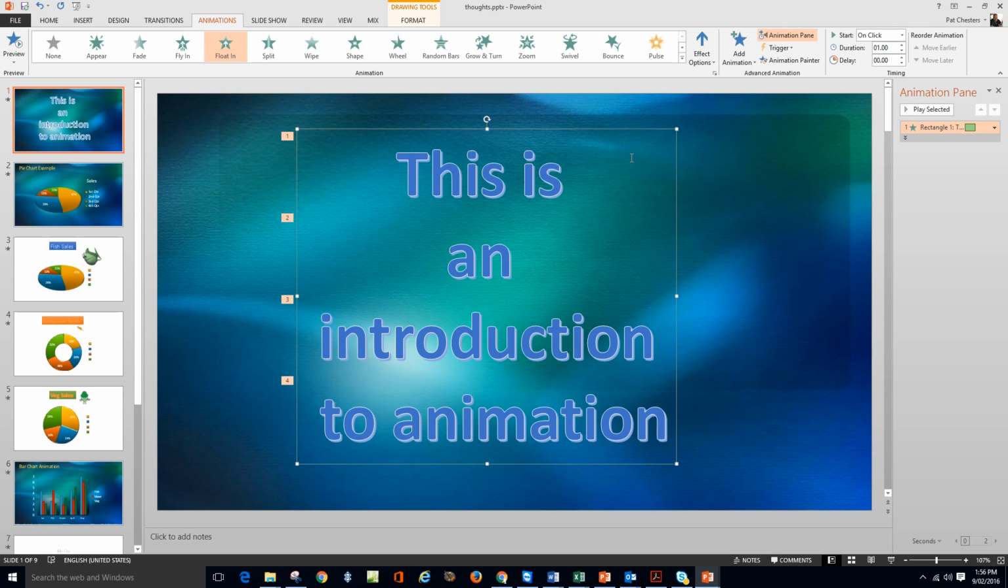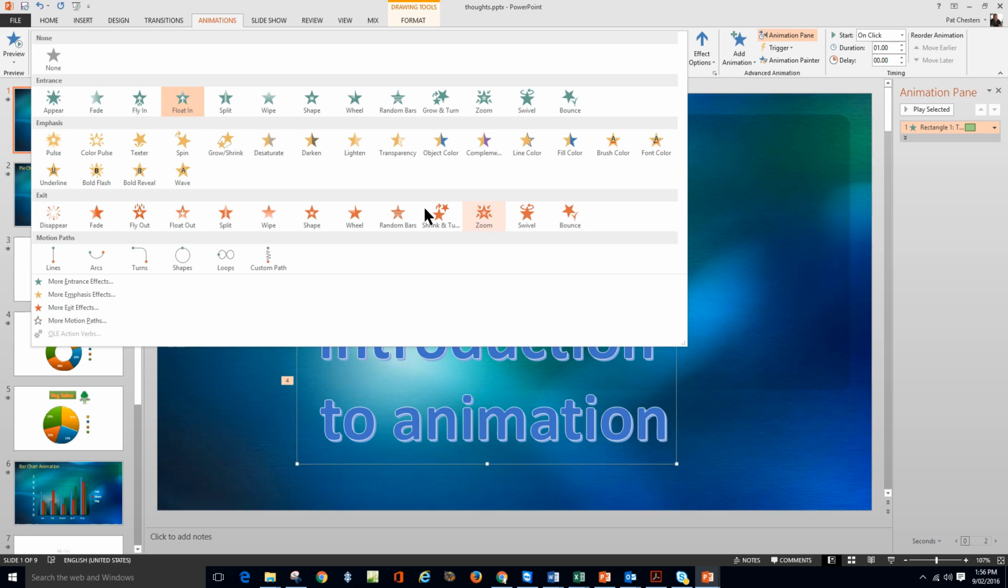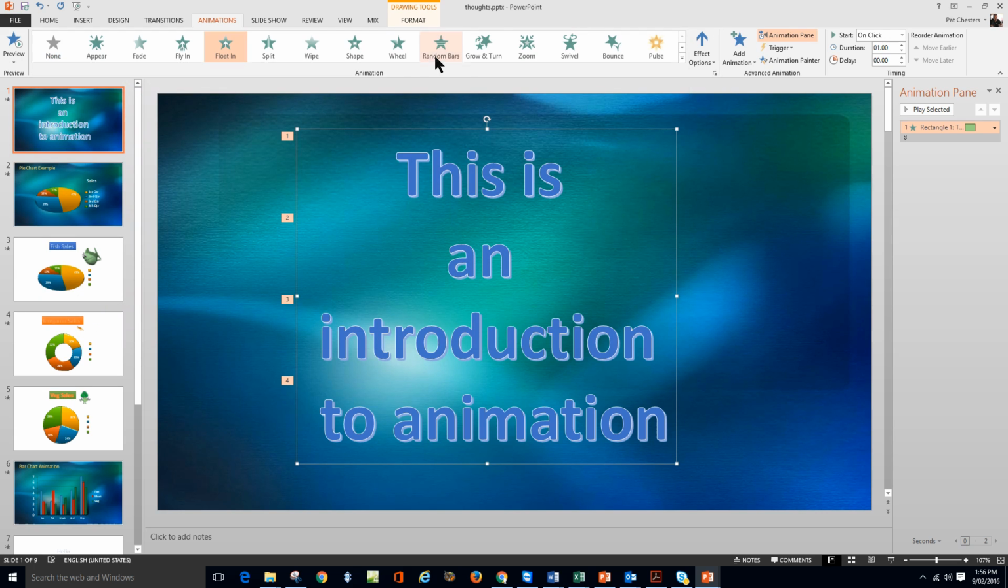So having a look at how this is done, we click on our text and make sure we've highlighted the text box, and then we can go back and look at the animations under the animation tab. We've chosen float in, and there's many of these that you can choose, and we've looked at the effect options. So to make the words come up one row at a time, we've selected by paragraph,